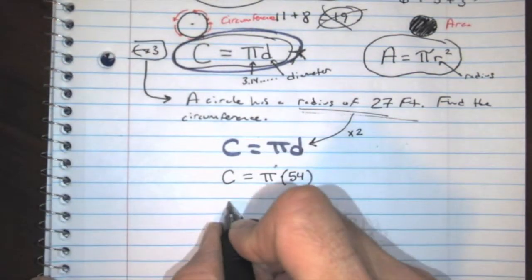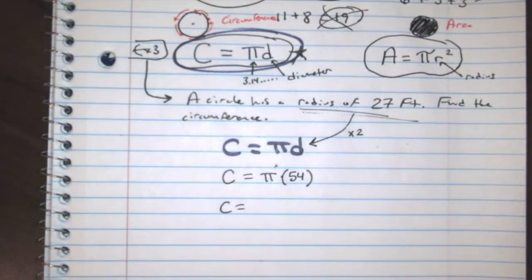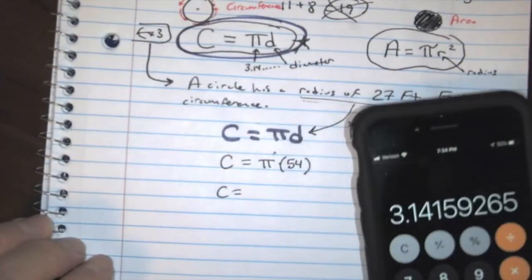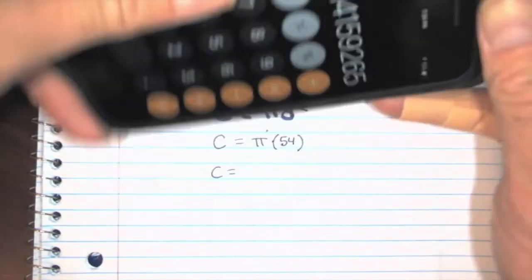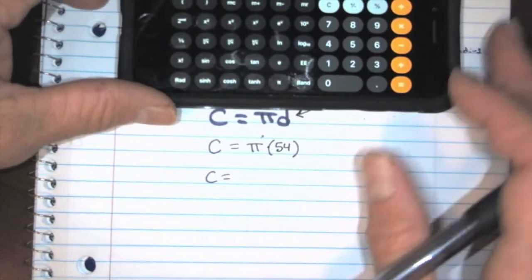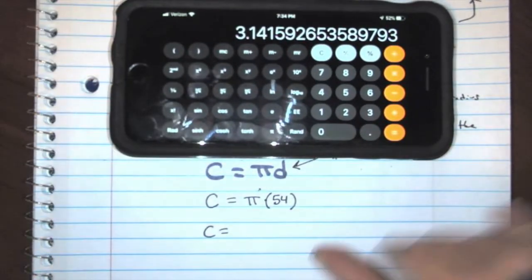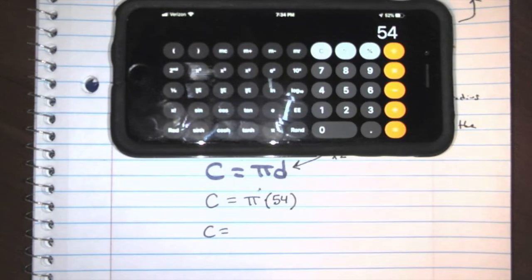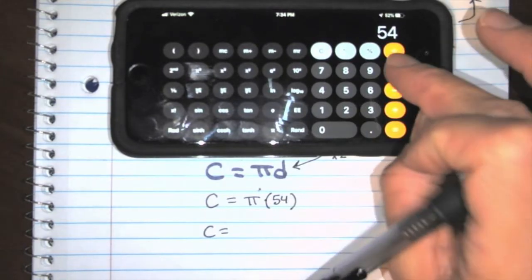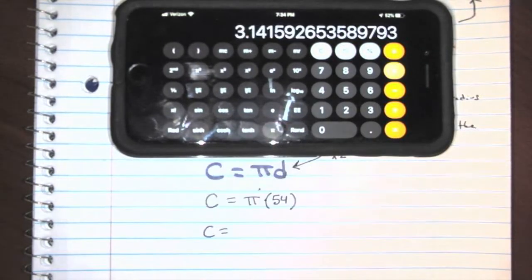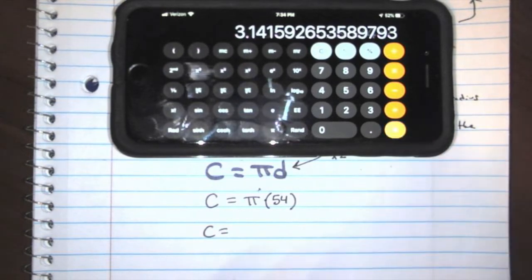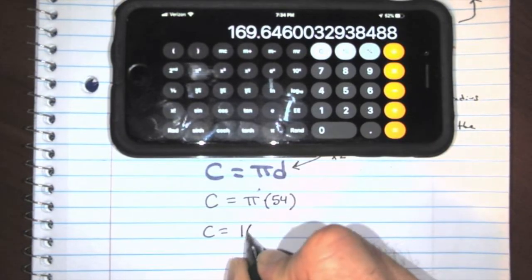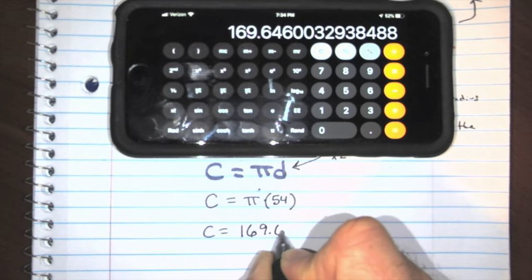Okay. Circumference equals. Now, the book's probably going to say, round to the nearest tenth, round to the nearest hundredth. Follow directions. Just for the sake of this problem, I'm just going to round to whatever I want. Okay, let's see if we can do this. Go ahead and punch this out as well. It's not rocket science. 54 times pi button. That's not your answer. You have to hit equals. There's your answer. Circumference is about 169.6